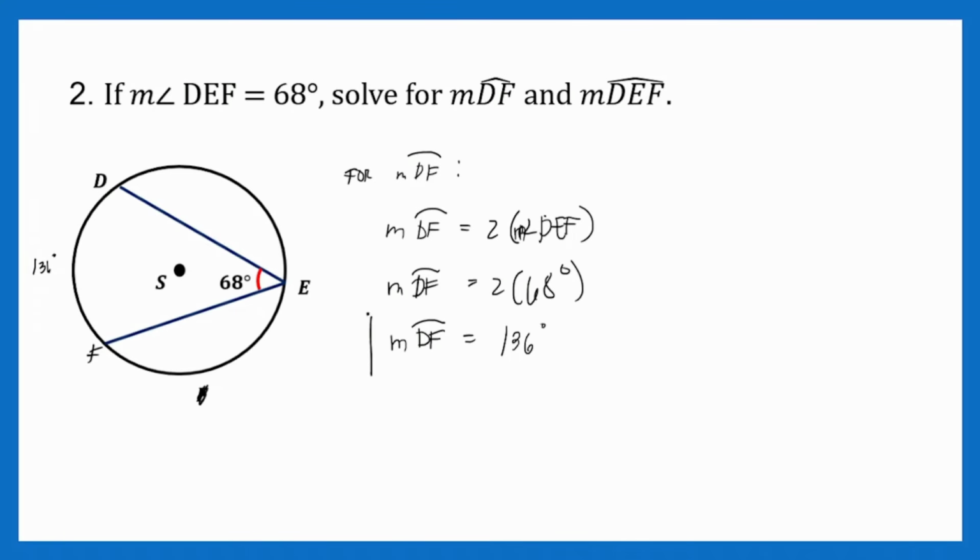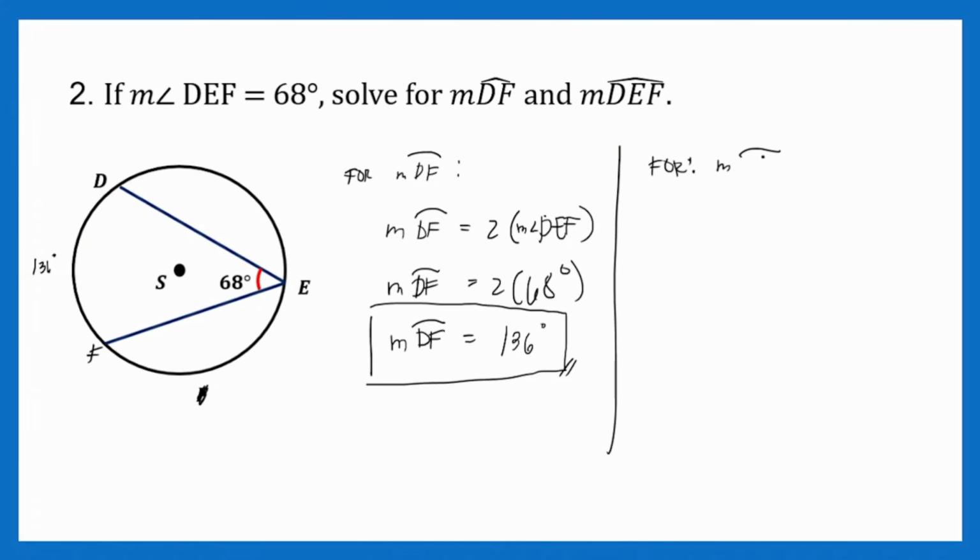Okay? So, we're done with our first required, to find yung measure of DF. Tama? So, ito yung unang pinapahanap sa atin, yung measure of DF. Next, ang pinapahanap naman, isa pa, is for the measure of arc DEF. So, paano mo gagawin yan? Ano ngayon yung idea dapat alam mo para makuha mo ito? Okay? Sir, dapat po alam ko yung 360 degrees.